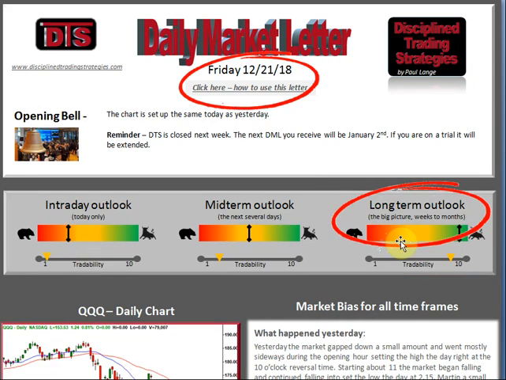So there's not only the ratings, and I'm going into some detail because some of you here get the letter, you know this. Some of you are here, you don't get the letter. I could care less if you get it or not, but I'm just giving the educational value of this. When there was a period of time that I did not put out a letter for people, I did this for myself. Okay, in other words, I think it's critically important.